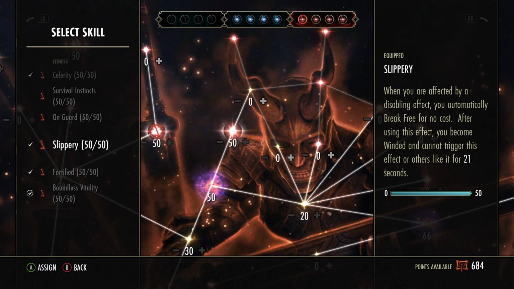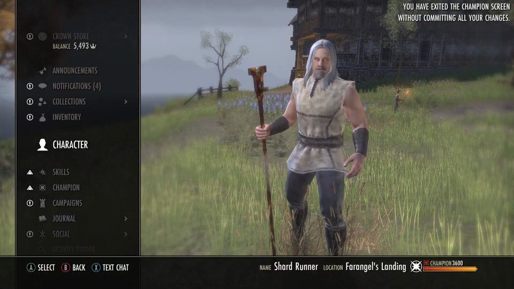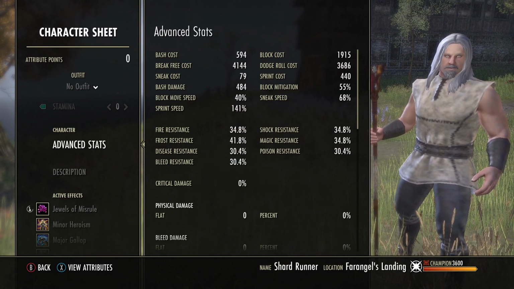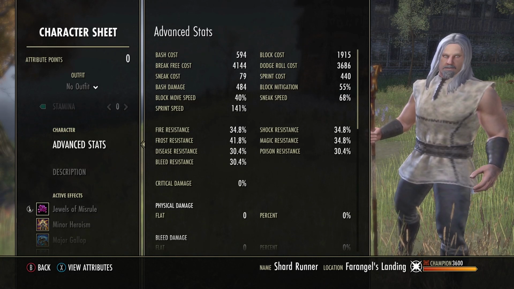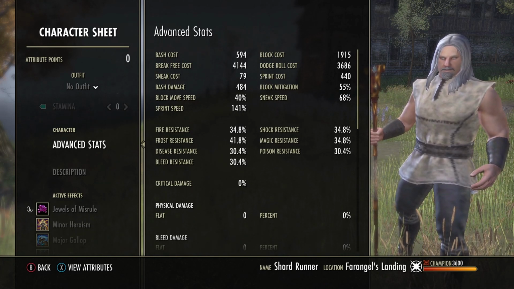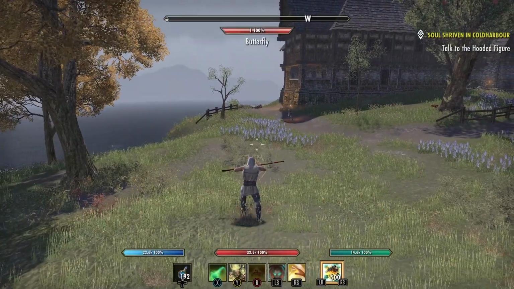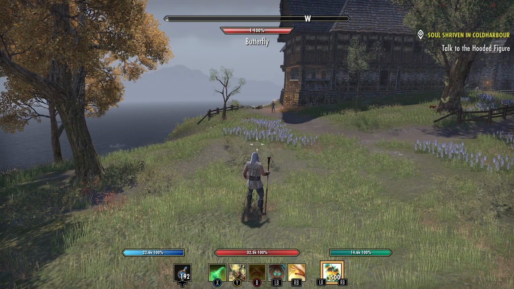If you've played in Cyrodiil at all, having a free break free, because that's pretty expensive, is going to be extremely helpful. It'll keep your stamina a little bit higher. When you're looking at it, Furnace, how expensive is a break free? As you can see in our little advanced stats, it's on the left column underneath bash cost, which is 500. Break free cost is 4,000, and that's always stamina, right? So if I can get a free break free to keep 4,000 stamina in my back pocket, especially since we can't run tri-stat